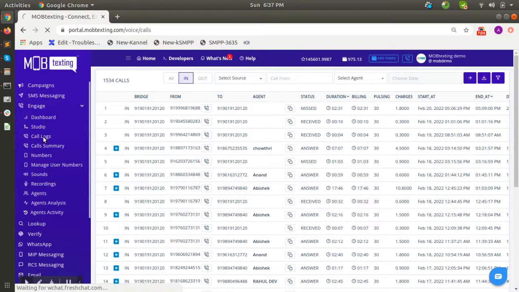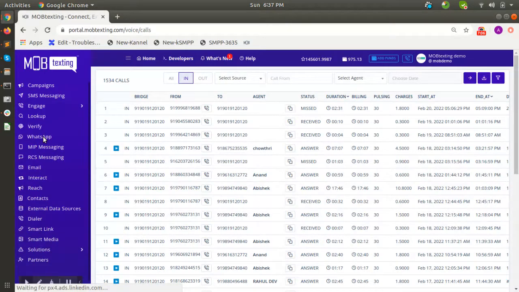Let's discuss about call logs. Call logs contain the details of all the calls made and received using your account. We can view the call related data in the call log sections. Here we can see the bridge number. The bridge number will be a DID number, and from number will be a customer number, and to number,